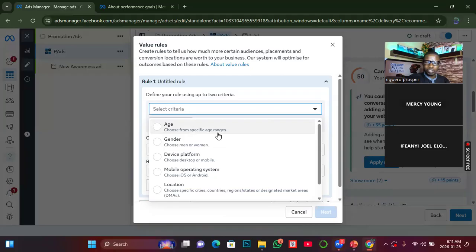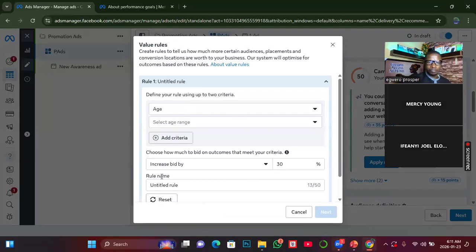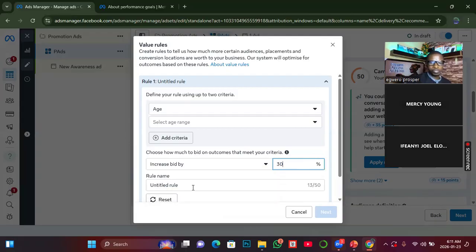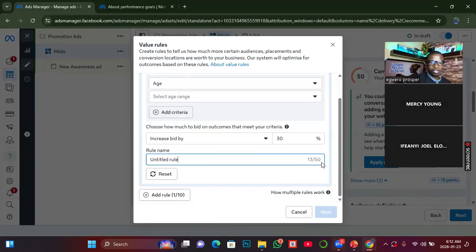As I'm taking my time to explain, we will have finished the ad scene, but I need to break because my scenario might not align with yours, depending on your chat with the client. So if I select, let's say this now, then increase bid by this. Choose how much to bid on outcome that meets this criteria. So you can now say, okay, decrease bid, maybe you want to reduce it, and then the percentage will also be specified. Then name your rule,